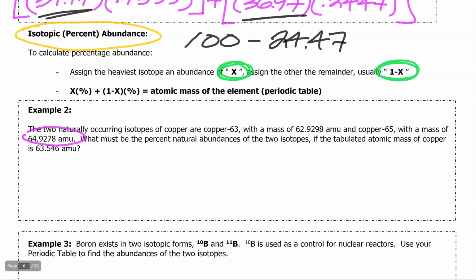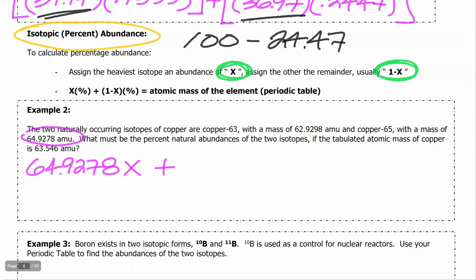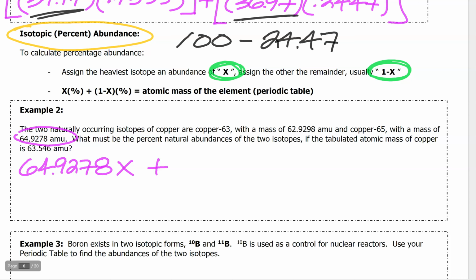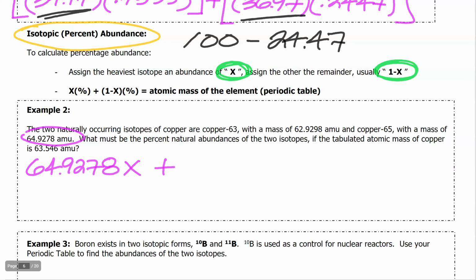So I'm just going to go ahead and plug in 64.9278 and then an x. So like the x, that's the heavier one, all right? Then we're going to add that to the other one, which is going to be assigned the value of 1 minus x. And so let's go ahead and do that so that the lighter one is the